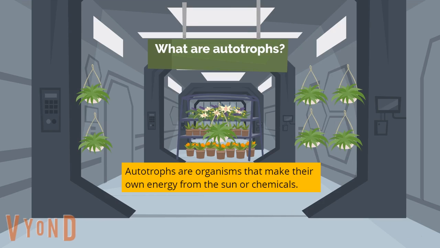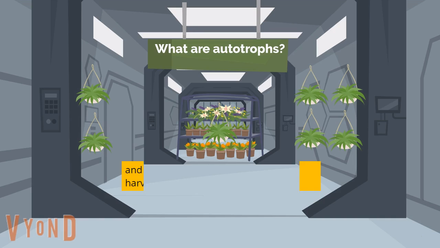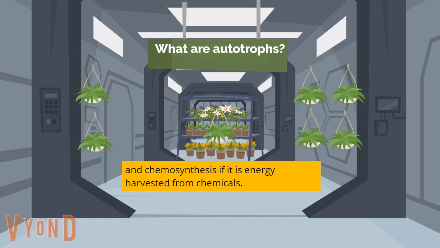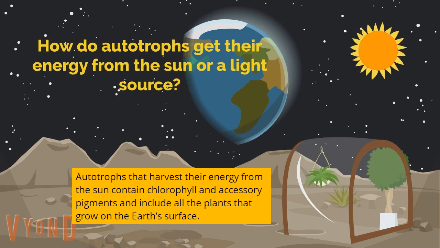Autotrophs are organisms that make their own energy from the sun or chemicals. Autotrophs perform the processes known as photosynthesis, if it is energy harvested from the sun, and chemosynthesis, if it is energy harvested from chemicals. Autotrophs that harvest their energy from the sun contain chlorophyll and accessory pigments and include all the plants that grow